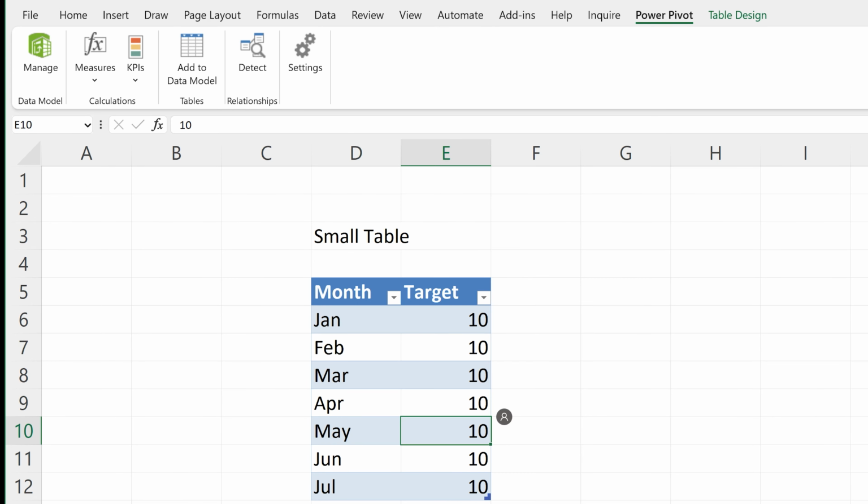Now Power Query can be used for data cleanup, and I have a separate set of videos. In fact, I have a playlist for that. Go and look at it. It's going to save you enormous amount of time. By the way, when you import data into data model, apart from creating relationships, you can also do other things. These are called shaping. I have a separate video on that. Have a look at it.